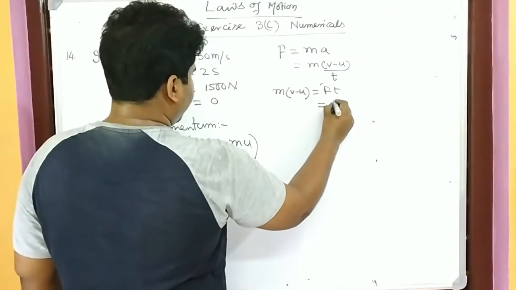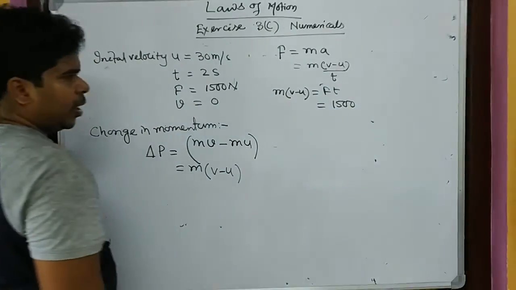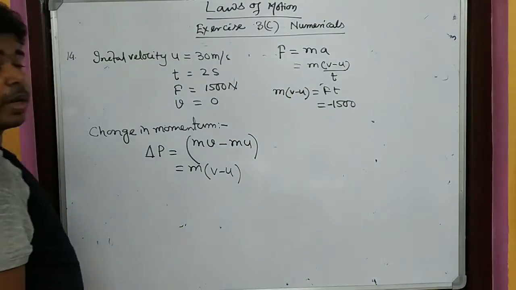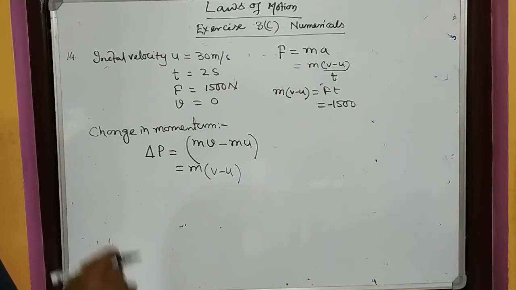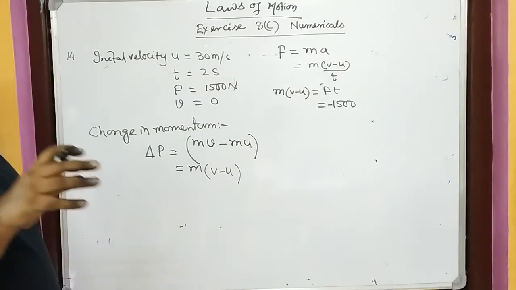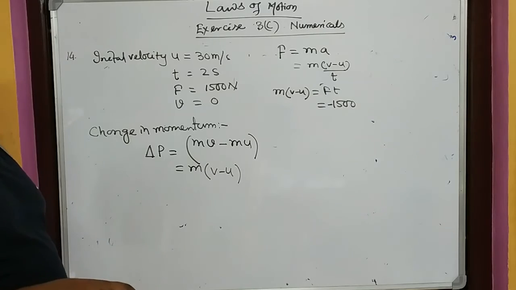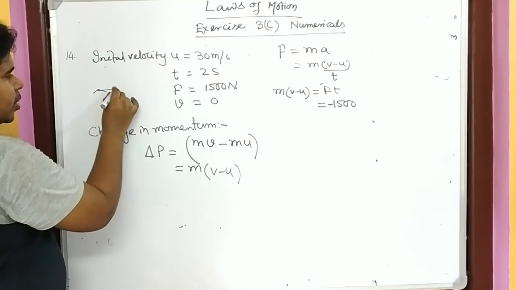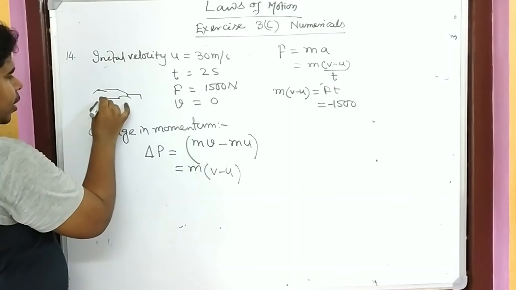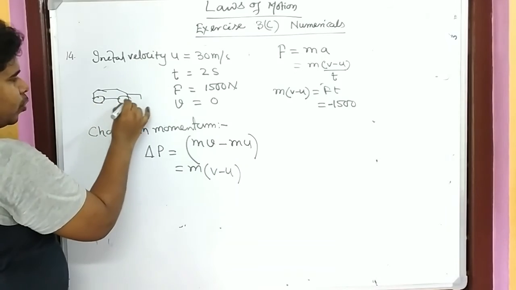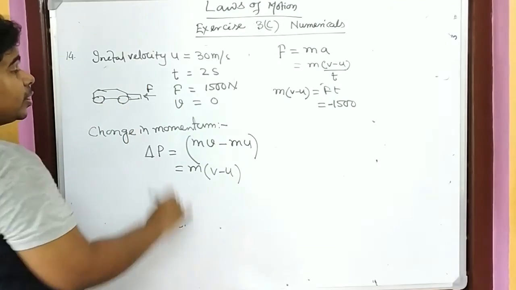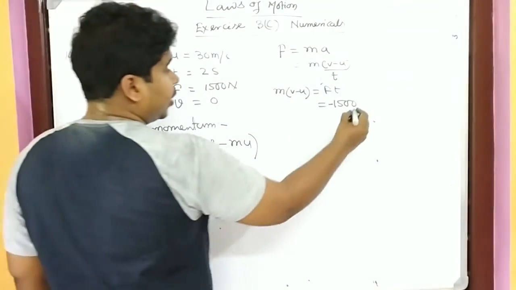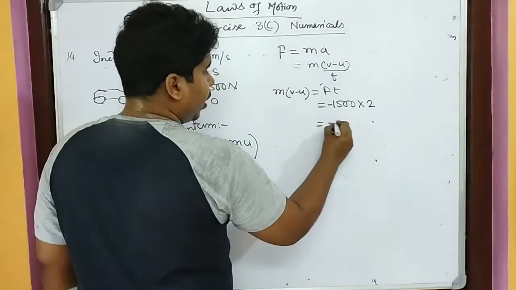If I put the value here, because we want to find m into (v minus u), the value of force is 1500, but we will write minus 1500. Now you may ask, sir, why is it minus? Because we just want to stop the car. That means we are applying the force in the direction opposite to the car's motion. So we have to put minus 1500. Time t equals 2, so minus